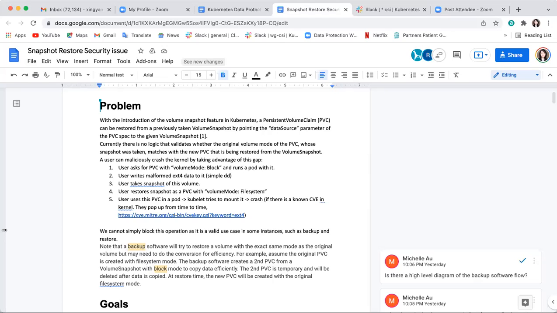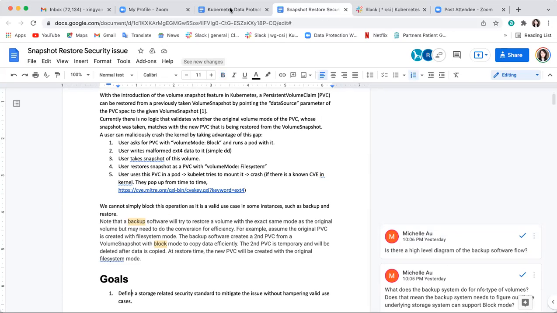So Xing, can you just scroll down? Yeah, a little more. Before that, I think there were some questions from Michelle. I actually haven't got the time to look at them; I just saw her comments just before this meeting. But okay, so like this high level diagram. I remember Fang has a diagram that talks about this, right? Is Fang here? I thought Fang is on the call. Maybe we can just draw something similar.